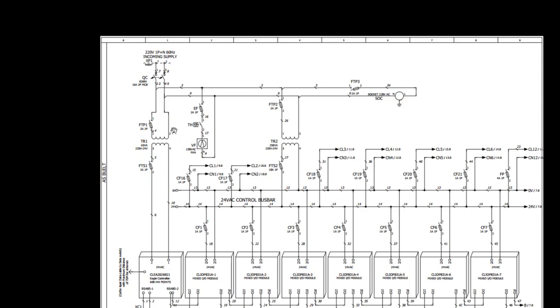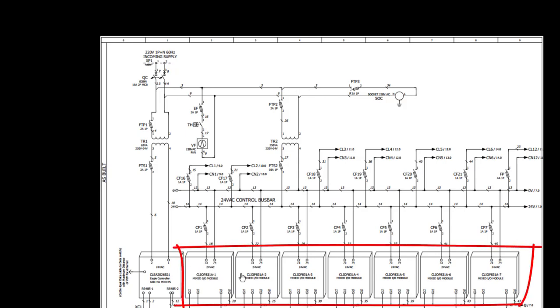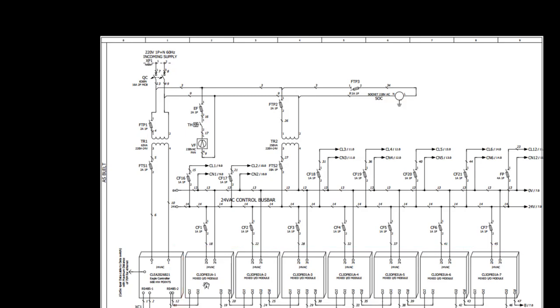This transformer is converting 220 volts to 24 volt AC, which is powering our controller. Here we are using the AxleWeb 2 controller from Honeywell, which we already discussed in the DDC panel video. Then we have mixed IO modules. These are input output modules. Mixed IO means these modules have analog output, analog input, digital output and digital input points. This model number is CLIOP 831 from Honeywell. You can have a look at the datasheet for better understanding.